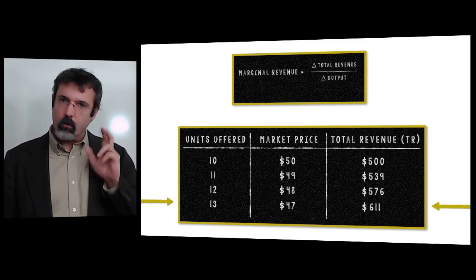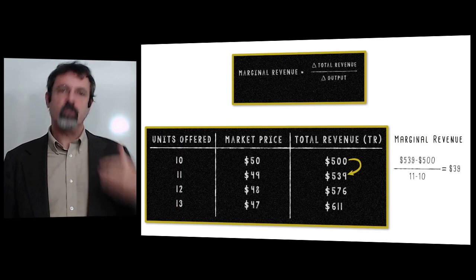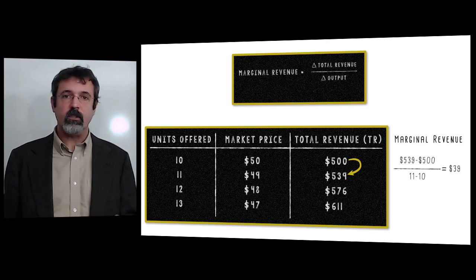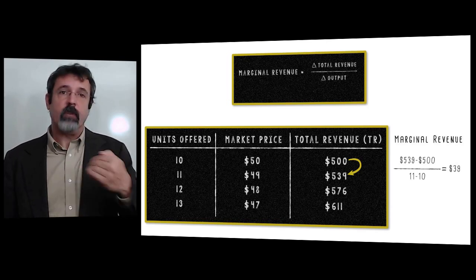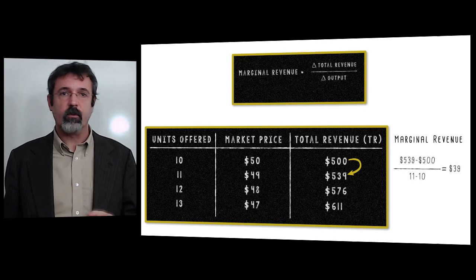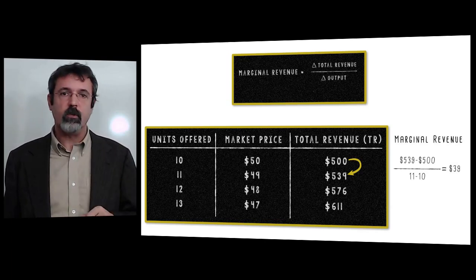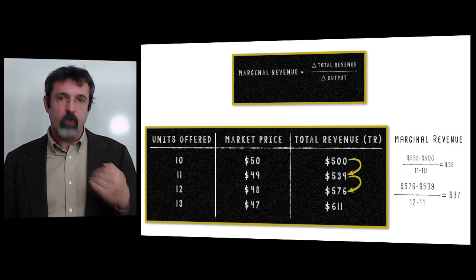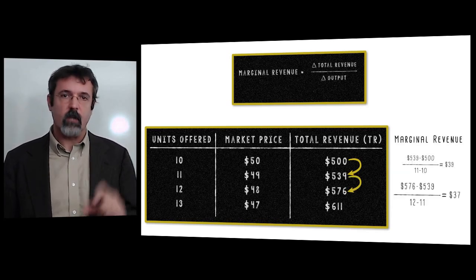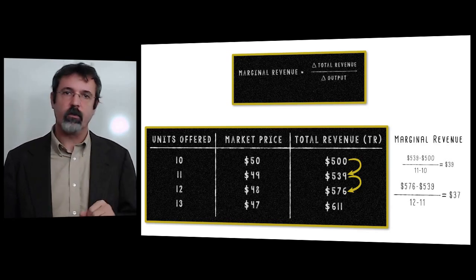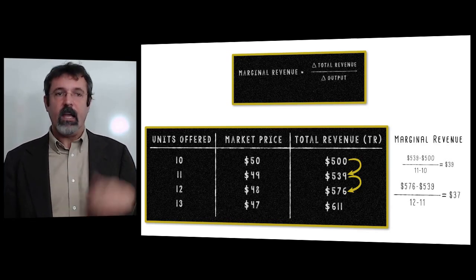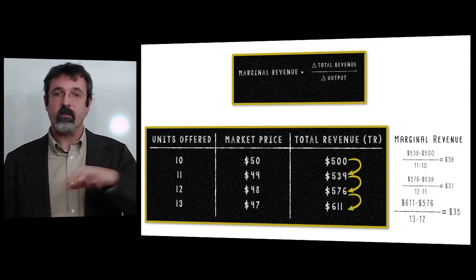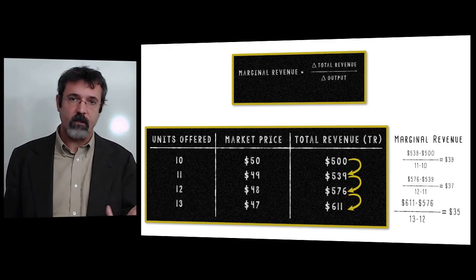And we can calculate your firm's marginal revenue. It's the change in the total revenue divided by the change in the output. So as you go from 10 units to 11 units, your revenue increases from $500 to $539 for a marginal revenue of $39. As you increase your output from 11 to 12 units, your marginal revenue is $37. Your total revenue rises from $539 to $576. As you go from 12 units to 13 units, your total revenue rises from $576 to $611 for a marginal